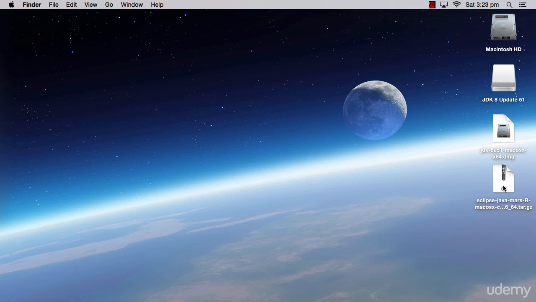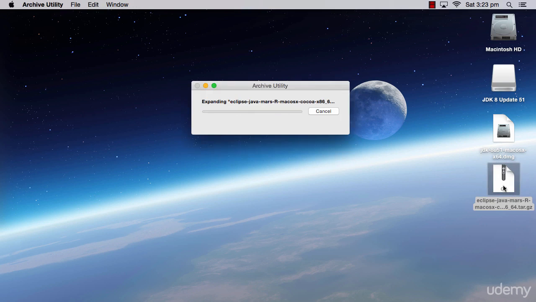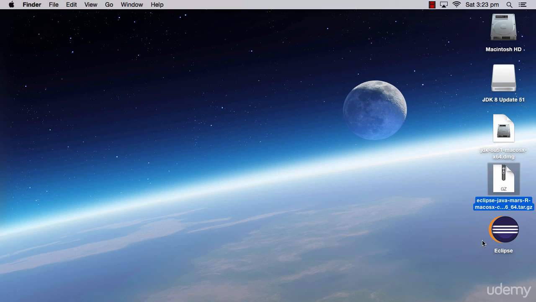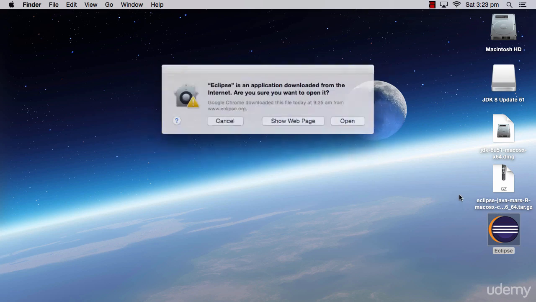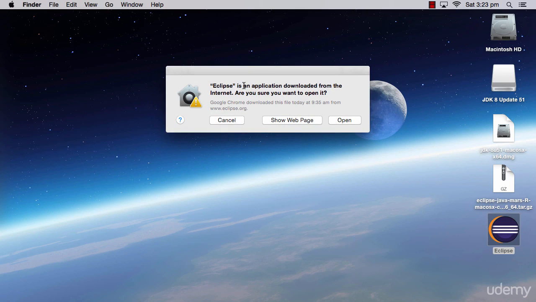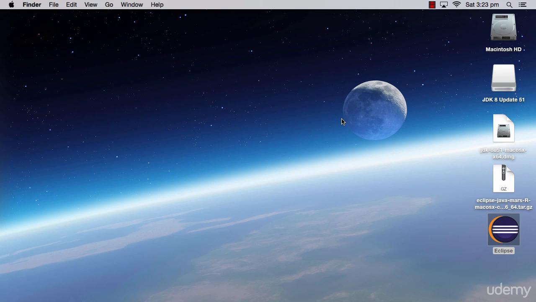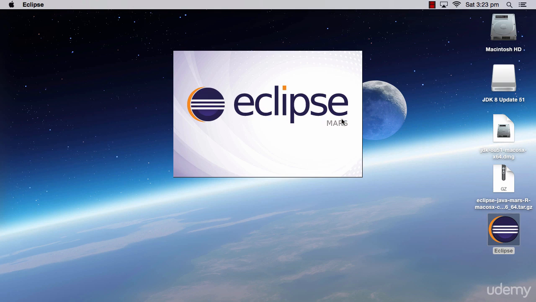Okay, what you need to do here is simply double click on this. There is an inbuilt archive utility in the Mac that will extract the file. And you can see here is your Eclipse. When I double click on this, notice that it says Eclipse is an application downloaded from the internet, but yes, I trust that, so I'll open this up and it will take a couple of moments to open